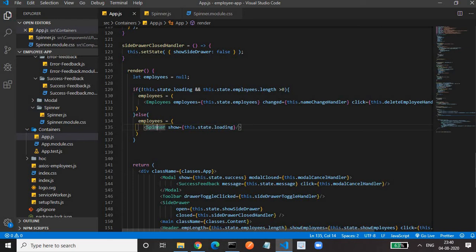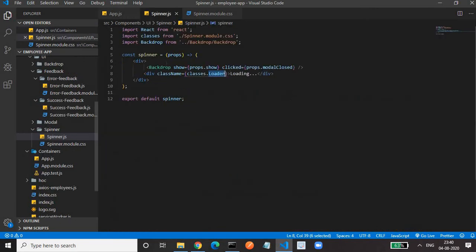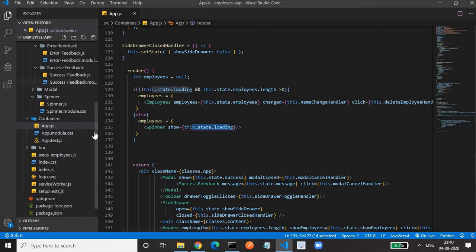In the show spinner we have to pass the loading. It should be true. When it is true, then only the spinner will be shown. When it is false, the spinner will not be shown. And when the spinner is shown, then the backdrop is also needed. Okay, this is how the concept of the spinner works. Close this.